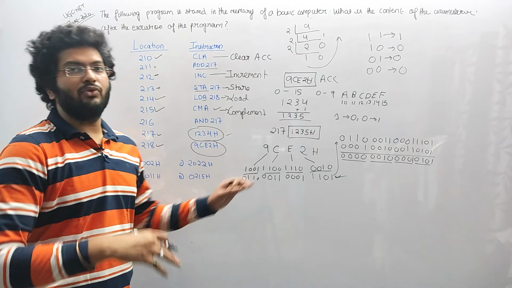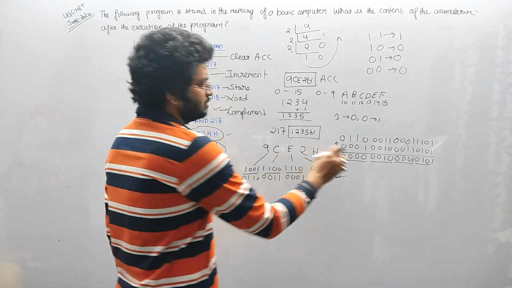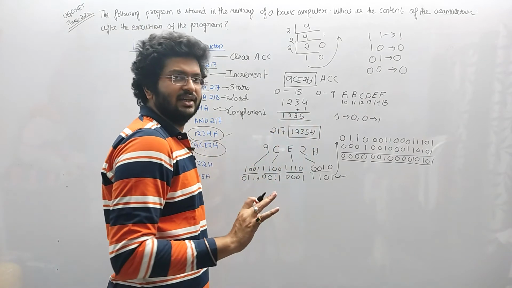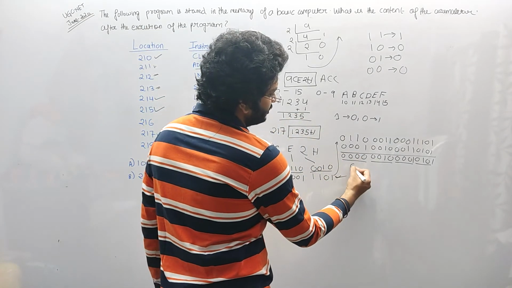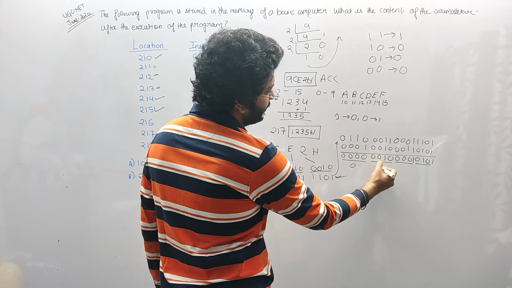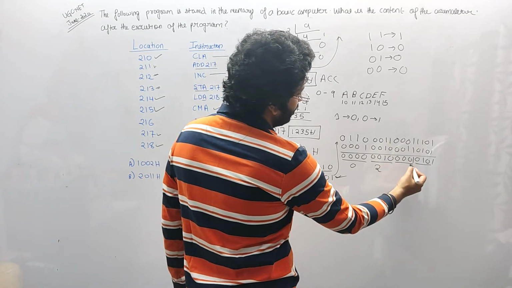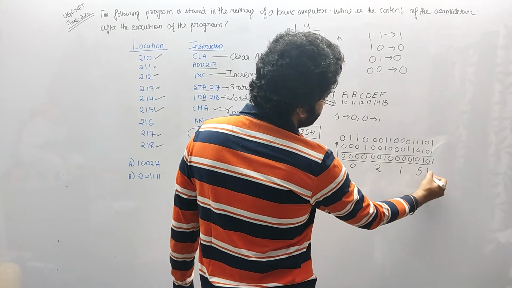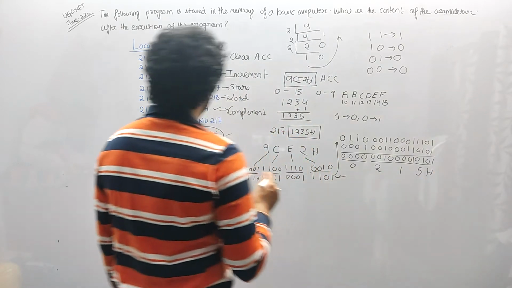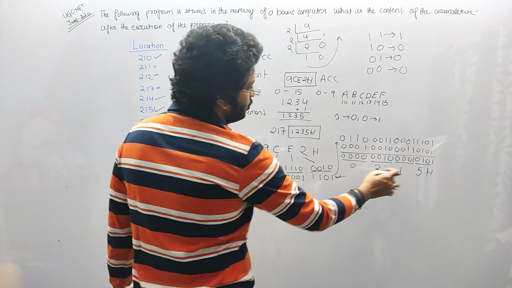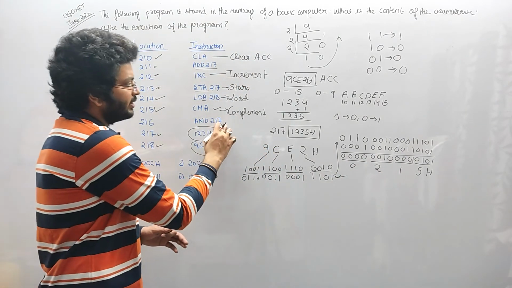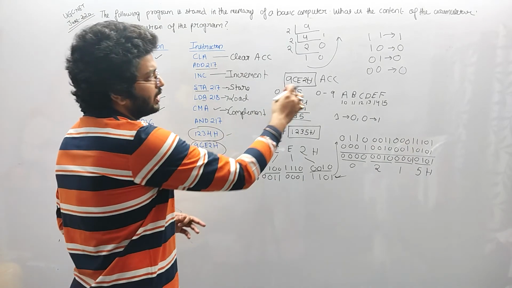Now I have to again convert it back to hexadecimal, because the answer, the number system, is in hexadecimal. So converting back, it is 0, this one is 2, this is again 1, and this is 4 plus 1 is 5. So 0 2 1 5 in hexadecimal. Now the final value is 0 2 1 5, which means at last the accumulator will contain this, because AND 217 means in the accumulator we have this one.